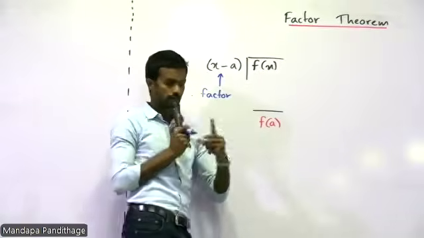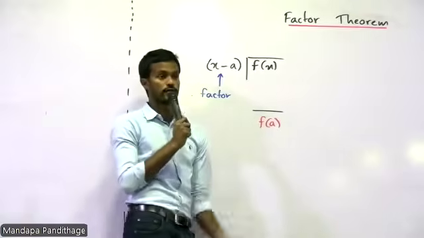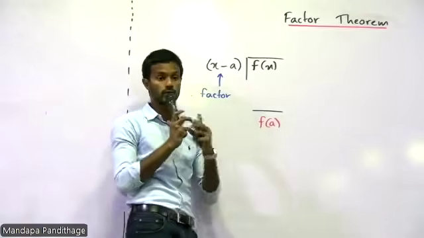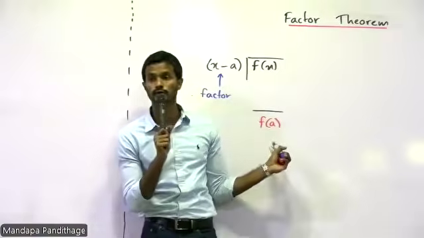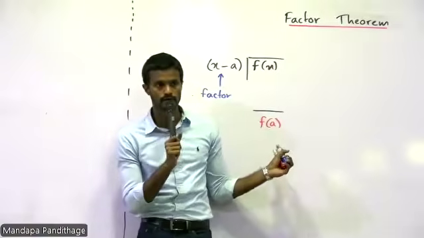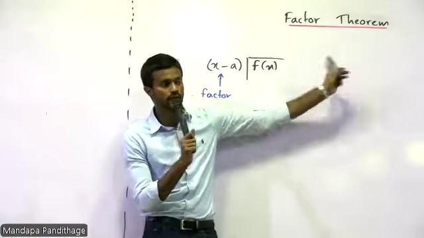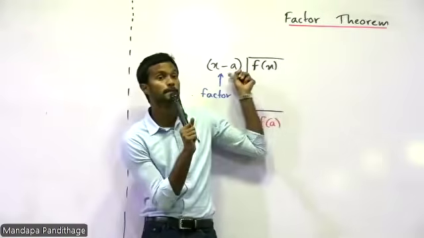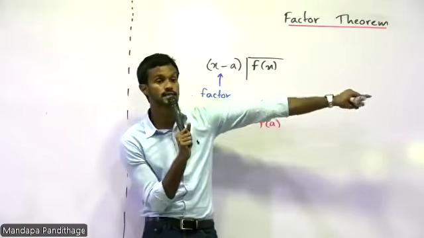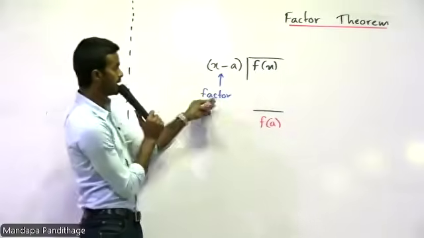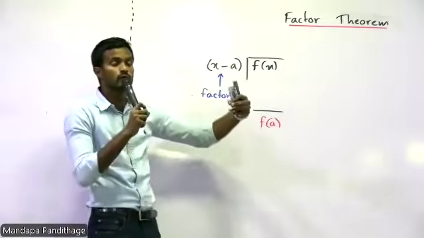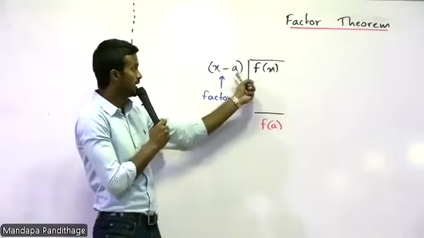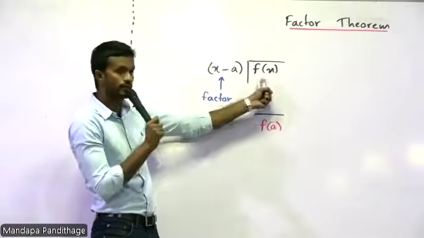And now I'm telling you that x minus a is a factor of f(x). Now I need you to combine these two. When I divide f(x) by x minus a, I know that the remainder is f(a). And from the other side, when I divide by a factor, the remainder is 0. Now I have given that x minus a is a factor of f(x). If you combine these two,